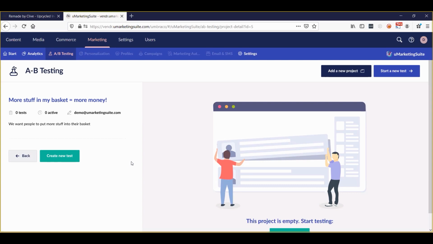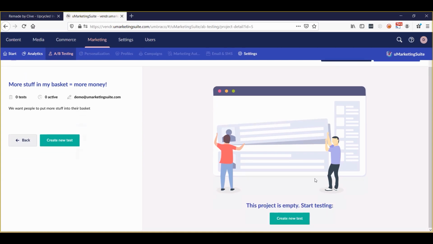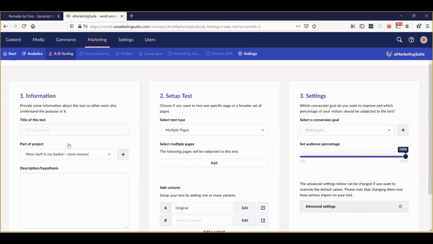but not all A/B tests will be a success. Or even if they are a success, maybe you could come up with an even better A/B test that will increase the stuff in the basket even more. So you're gonna create multiple A/B tests within a project. Well, at this moment the project is empty, and I can start testing if I want. If I click on Create New Test,